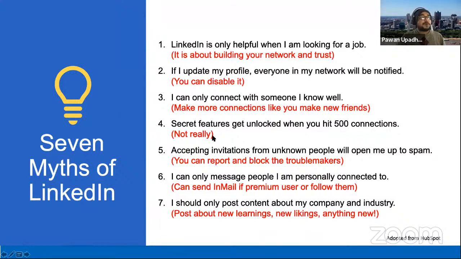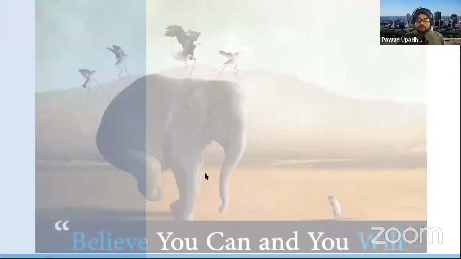The fourth part is, secret features will get unlocked if I hit 500 connections. So people keep sending connection requests until they reach 500 connections. That's the dilemma, but it's not really like that. Nothing gets opened up. So that's a myth. The fifth part is,